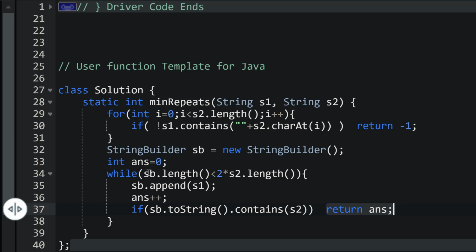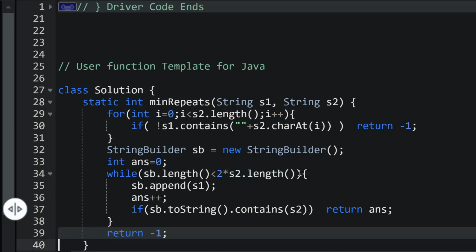And if we get out of this while loop, it means we can add as many times as we want, but still s2 cannot be a part of our current string, so we need to return -1.